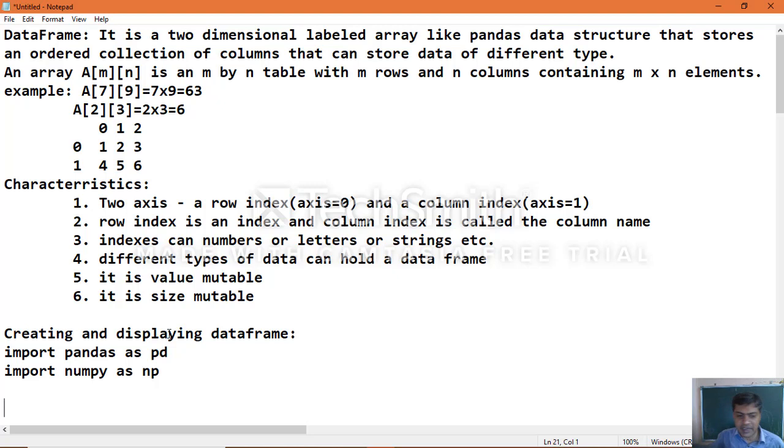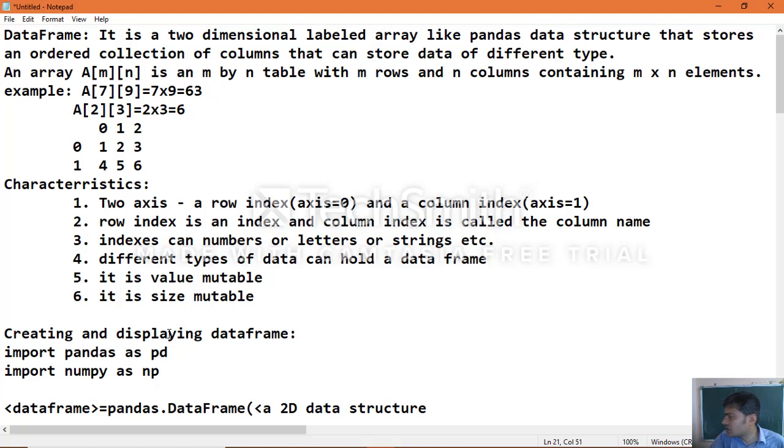Now what is the syntax to create a data frame? data frame equal to pandas dot DataFrame, which is a constructor like the Series constructor we used, of a 2D data structure, comma, columns equal to column sequence.